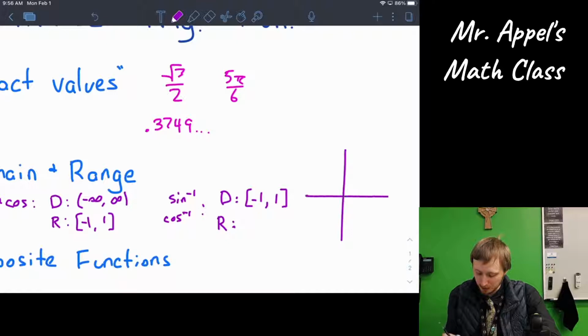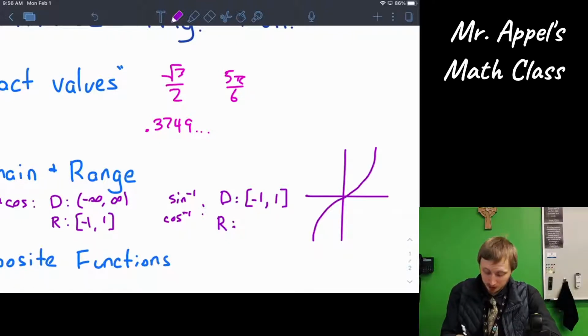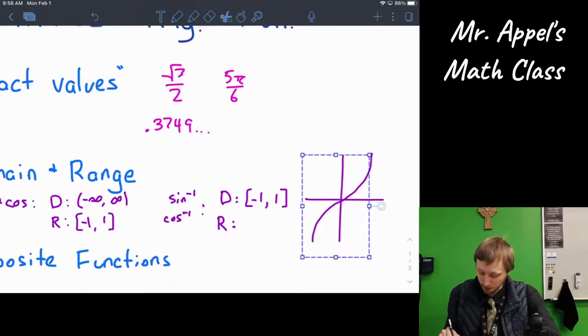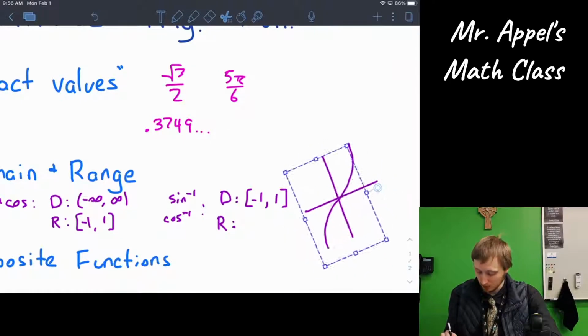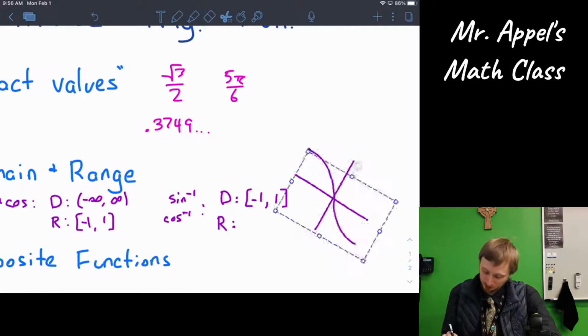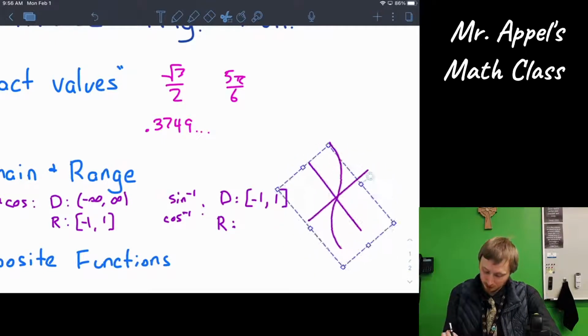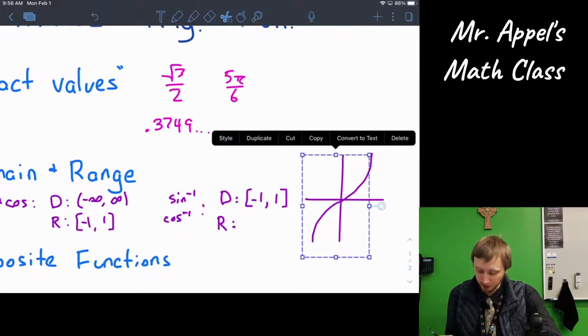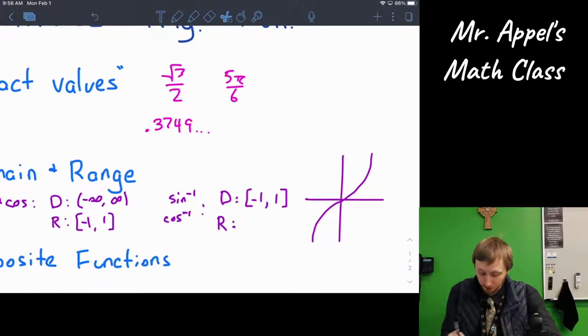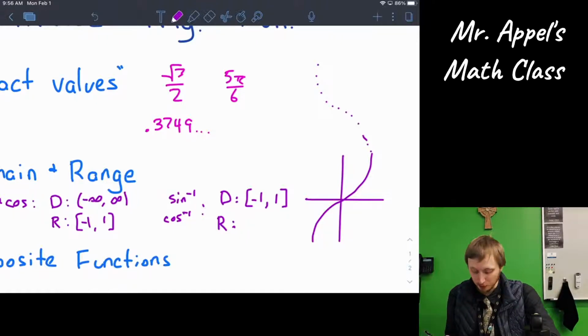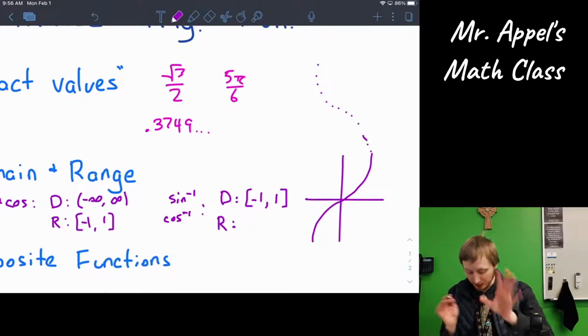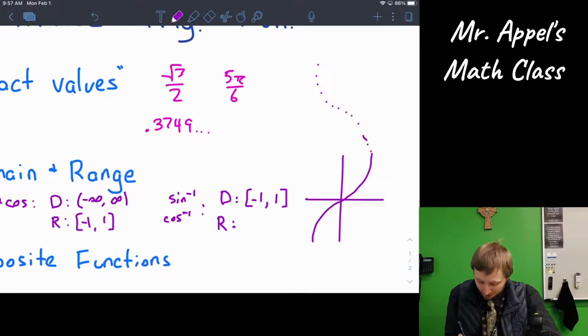So we have limited ourselves to only one. I know this looks almost like a tangent, but it's not. It is part of the sine curve turned around, and it would be going back the other way, but we've cut that off, so that's no good. We're going to stop here, and so we limit our range now to, in this case, negative